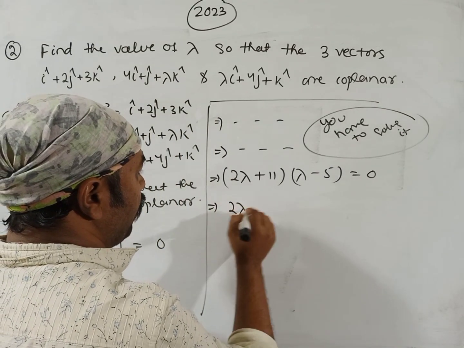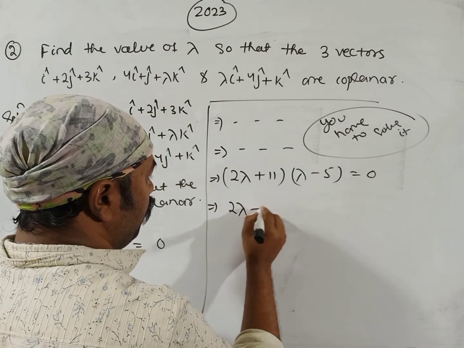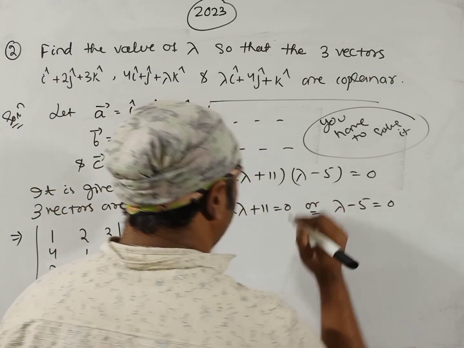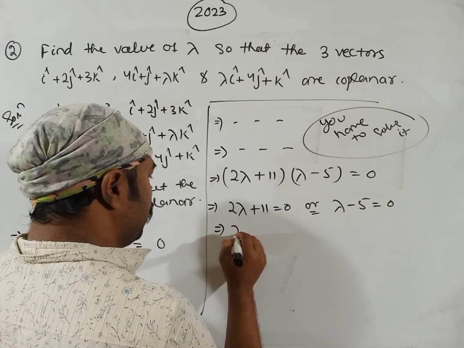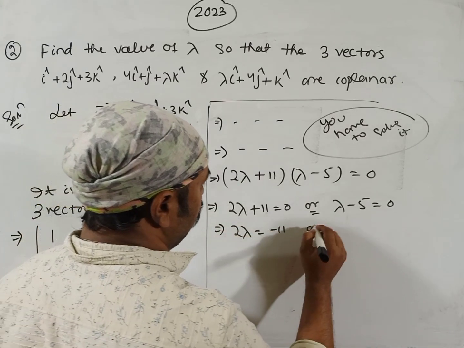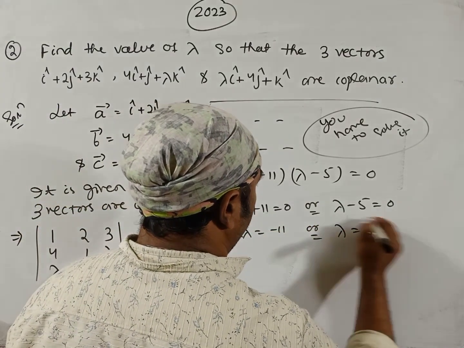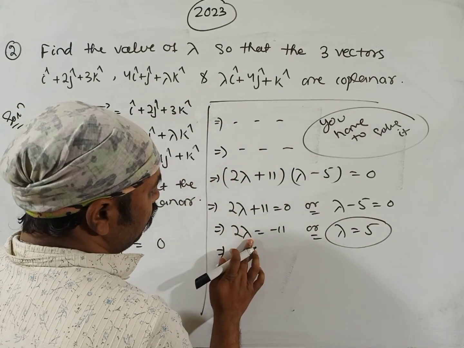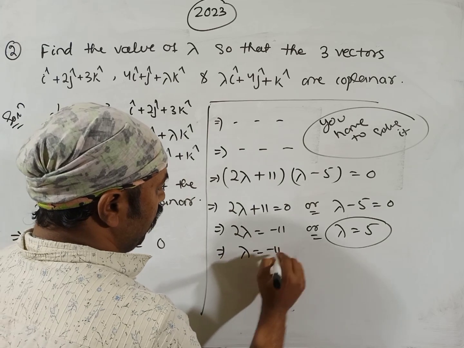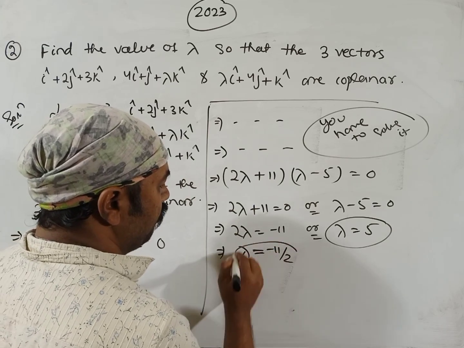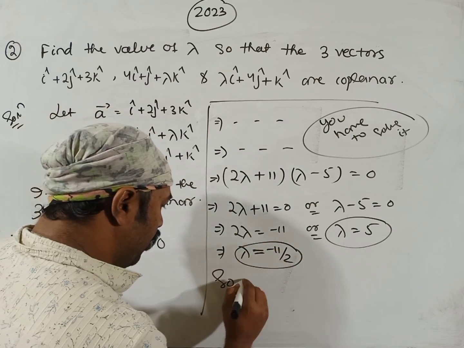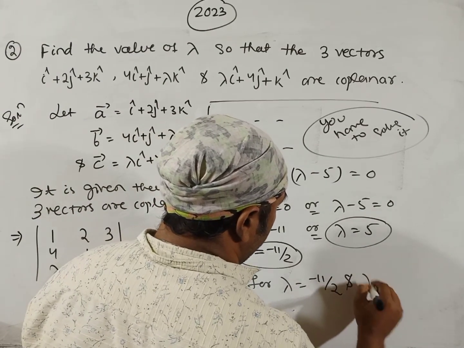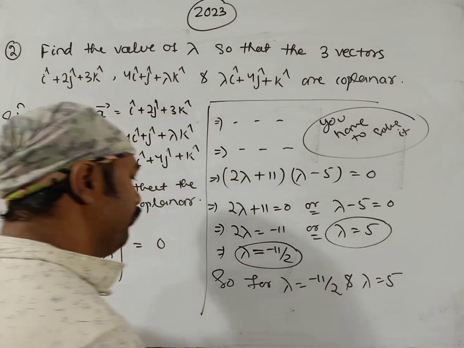Then it will be 2 lambda plus 11 is equal to 0, or lambda minus 5 is equal to 0. That implies 2 lambda is equal to minus 11, or lambda is equal to 5. Here it is one of the values. That means lambda is equal to minus 11 divided by 2. So for lambda is equal to minus 11 by 2